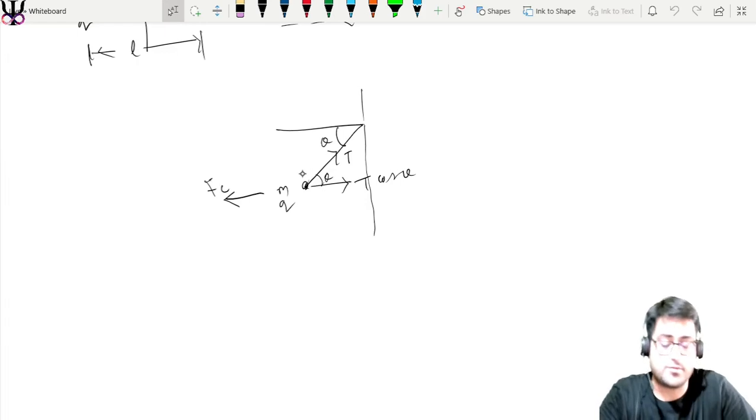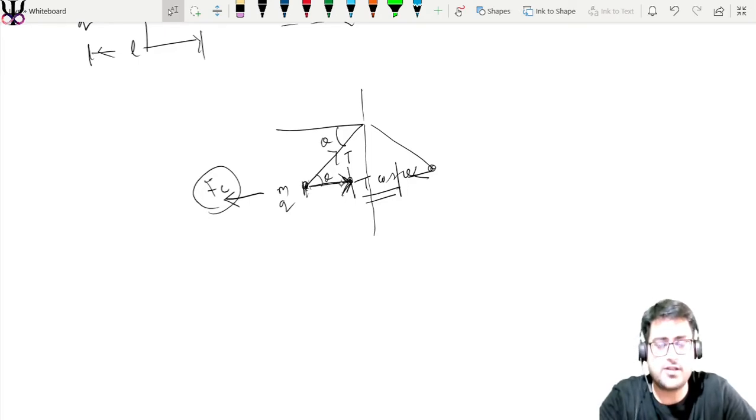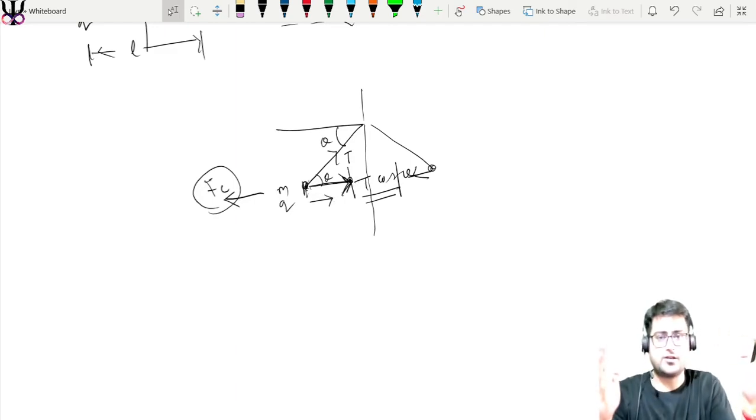But what will happen is the value of T cos theta would increase more than Fc, so the particle would move towards the right. The same thing is going to happen to this particle also, it is going to move to the left. There will be a point where this particle will come to rest. Why? Because it started with zero. Because the net force is towards the right, it will start to move towards the right, so it will have an acceleration, and gradually as it comes closer to the right charge,